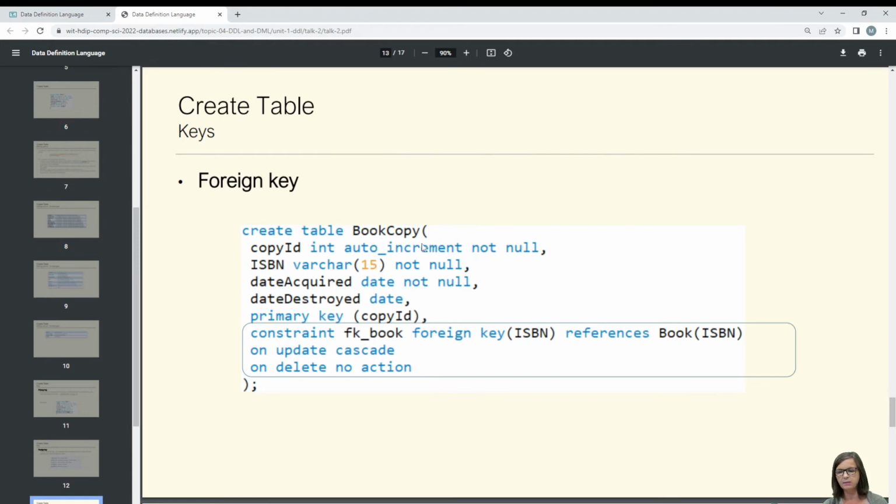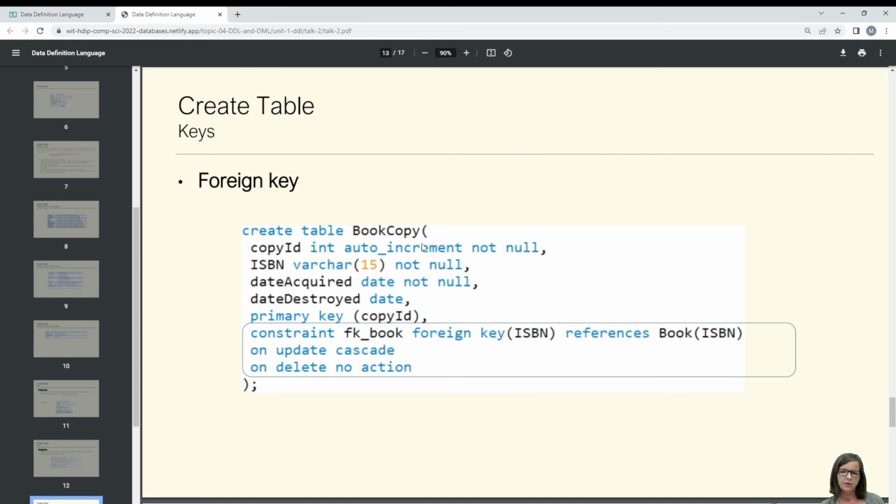So if the ISBN maybe, if you increase the size of it by 1 and you add on a 0 or whatever to that extra column or extra digit, this will automatically update in the book copy table. On delete no action means then that if you have copies of books in the book copy table that exist and the related ISBN then in the book table is deleted for some reason, well then if there's copies for that particular book, no action means you will not allow the deletion. So if I have ISBN 1, 2, 3, 4, 5, 6, 7, 8, 9 and within the book